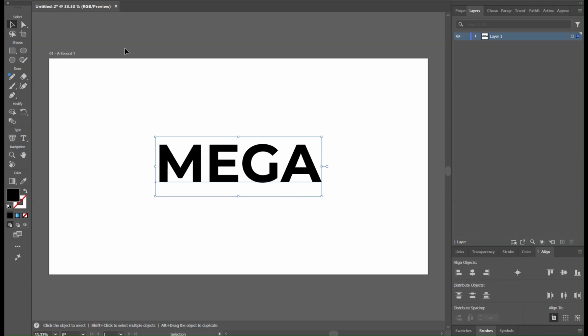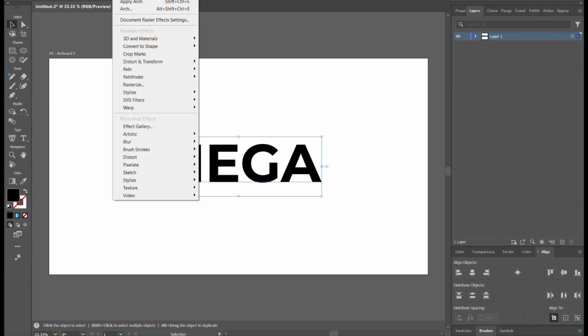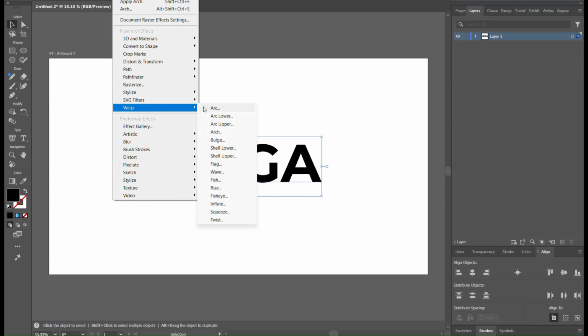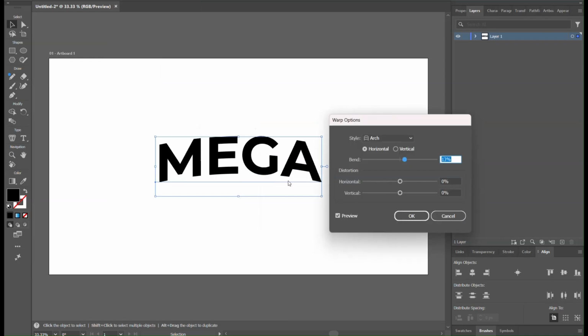What we can do is we can create some kind of an effect on this. So maybe we can go to effects menu on top and select the warp. You can select any of this, and I think let's select arch. Yeah. So you might have seen many of these text copies in this kind of a style. It has some kind of an arch or something like that. So this is good. I'm just selecting it as